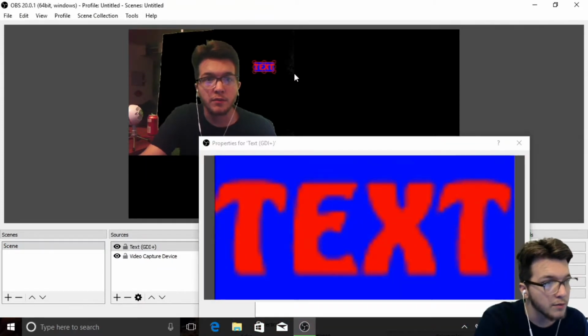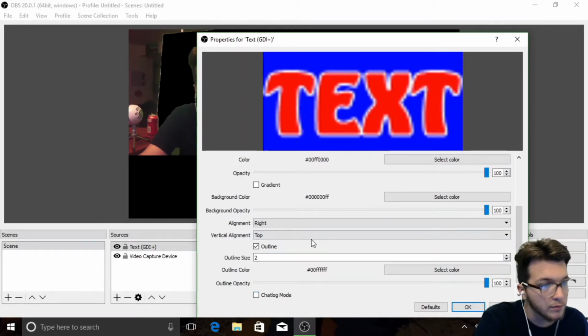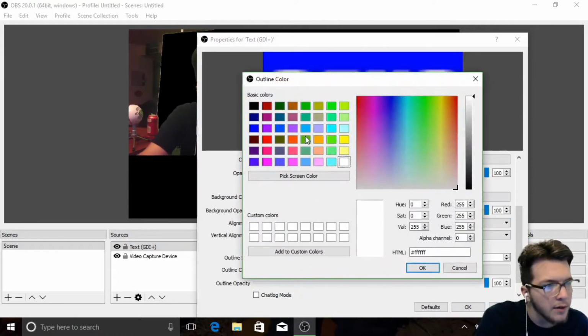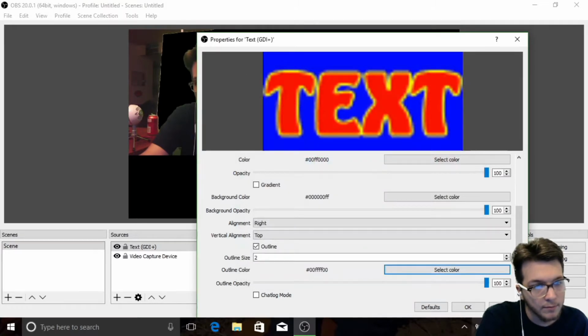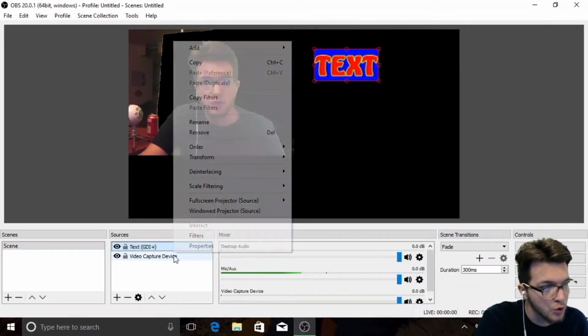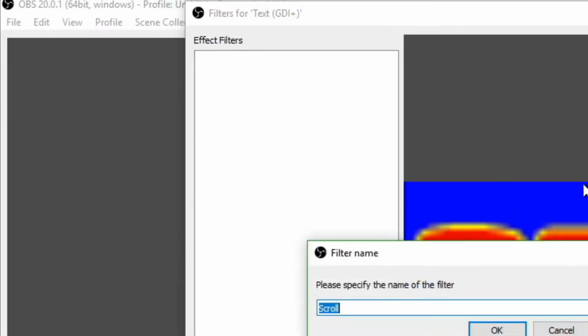Here it is right here. Outline is how you add kind of, well, an outline. Like that. Alright, now how you make it scroll. Go to filters, add scroll,